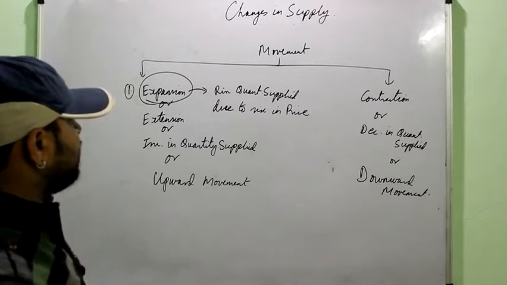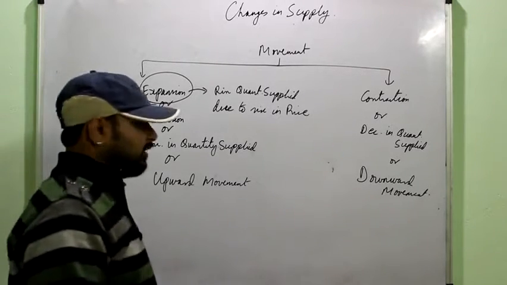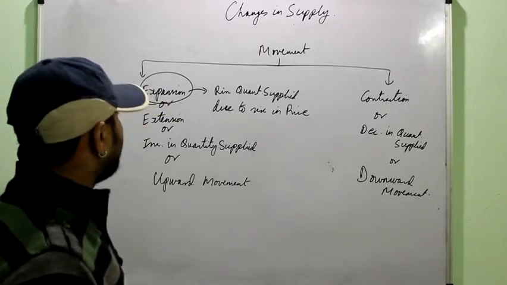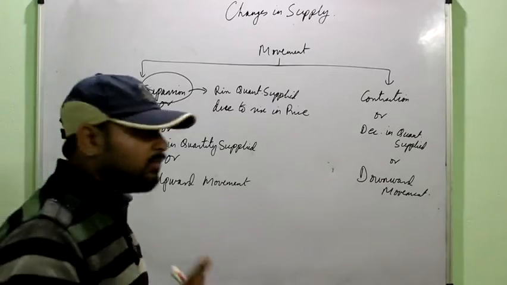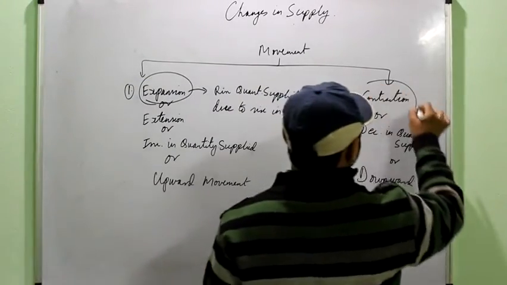Or it may also be asked the other way around, that what leads to increase in quantity supplied or what leads to expansion in supply. You should know it is the rise in price, only one cause. Then contraction can be